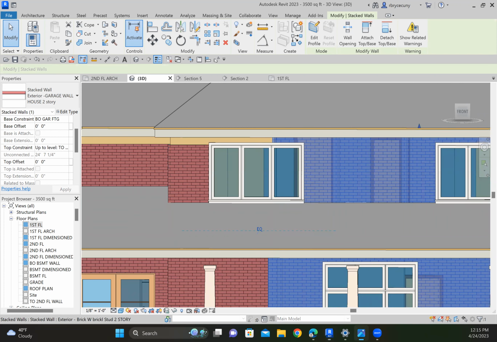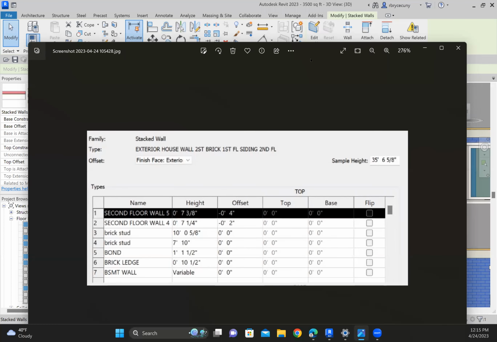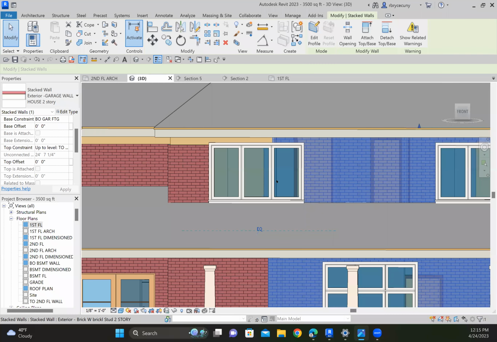So what I did, see here, is I took a look at the other wall, and I said, well, I have two other walls on top of that. I have my second floor wall 5, my second floor wall 4, and the heights are 7 3/8, 7 1/4. So what I'm going to do is modify this wall. So I highlighted it. I'm going to say edit the type,